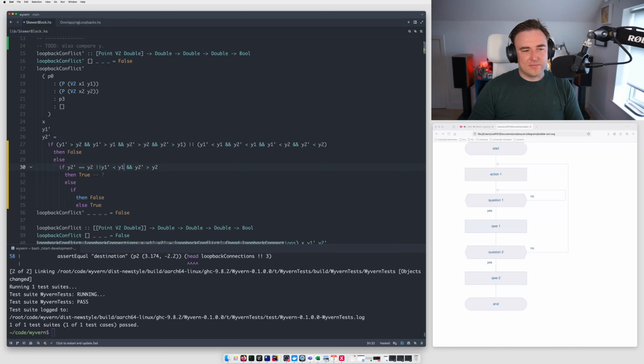Well, technically, this will always be right. So we can just combine this first condition, y2 prime equals y2, with the second, and use greater or equal than. This will always be true, except for unit tests, but let's not worry about those. If y2 prime is greater or equal than y2,